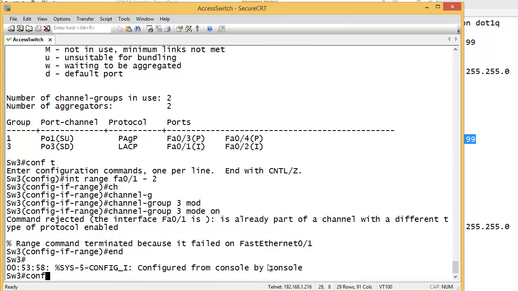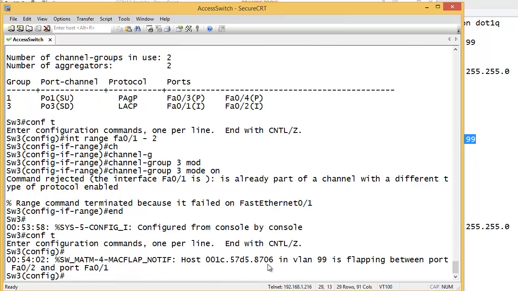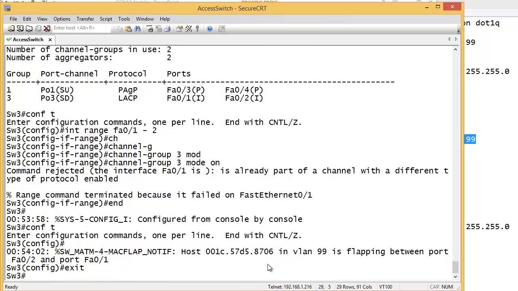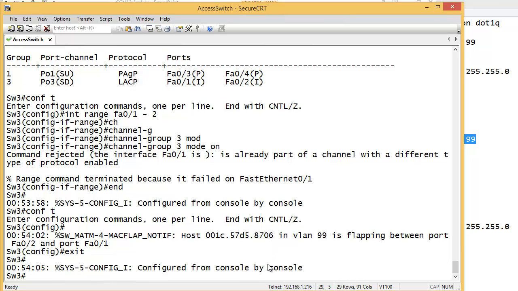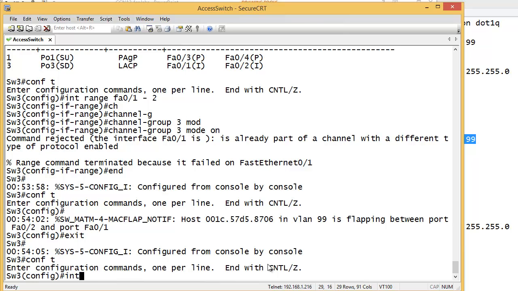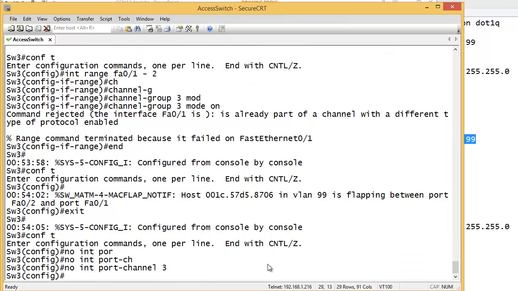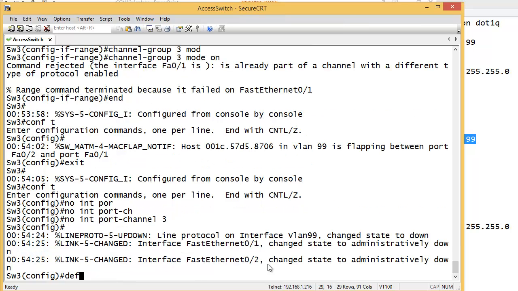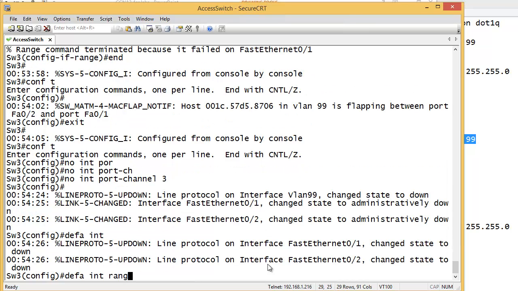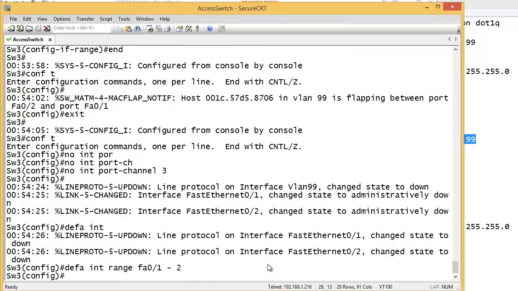Okay, so first we have to disable it. That's why I did it earlier. I deleted that port channel, then reverted it to default, and then created it. So if you make a mistake, you have to delete the interface. So no interface port channel 3,